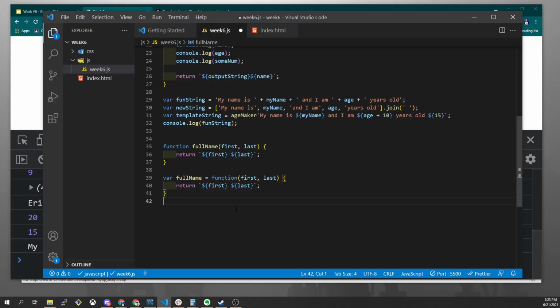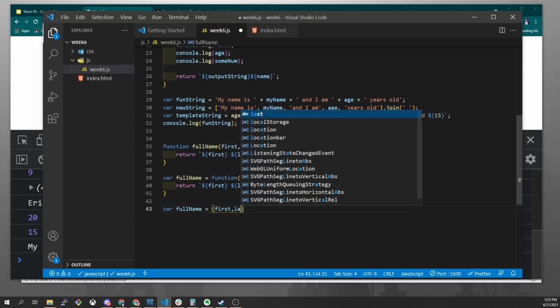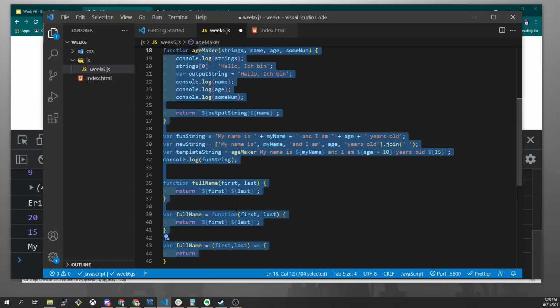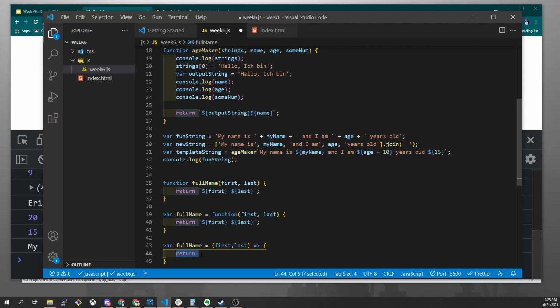So we can now say var fullName equals first, last, arrow, which is an equal sign and a greater than sign, and then return. Let's paste it in. Now if we comment these out so they're not running,